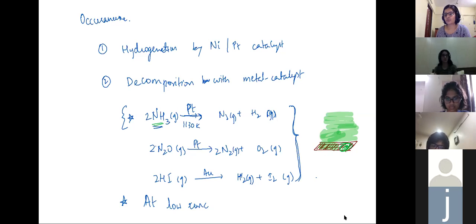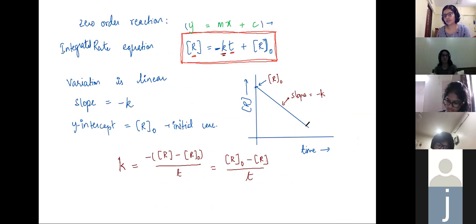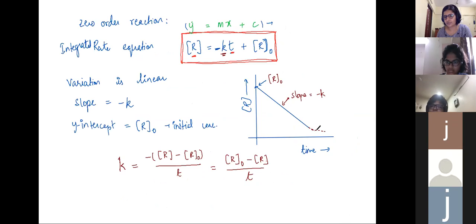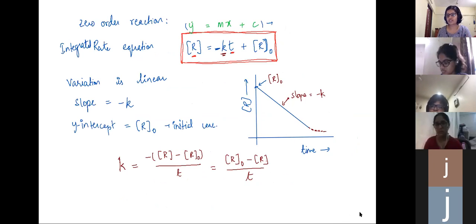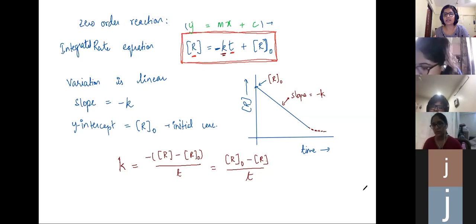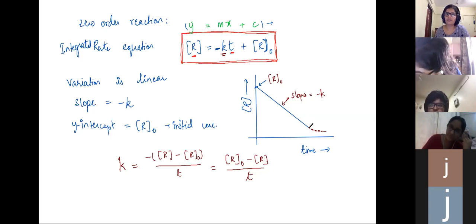Okay. So technically the graph for a zero order reaction is a straight line until a certain point, after which it is going to have a bit of a turn. It's not going to be a straight line, it's going to curve off like this at low enough concentrations. The reason is that a lot of zero order reactions you will observe when it is enzyme catalyzed, or happening over metal surfaces. And if the concentration of reactant is low enough that you have more of the metal surface available,